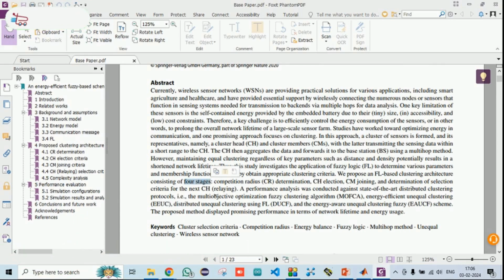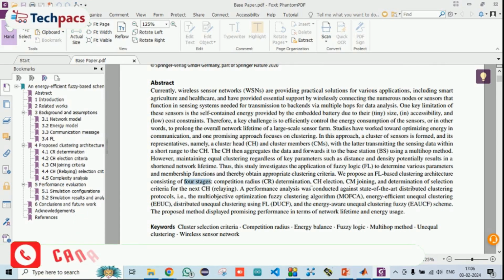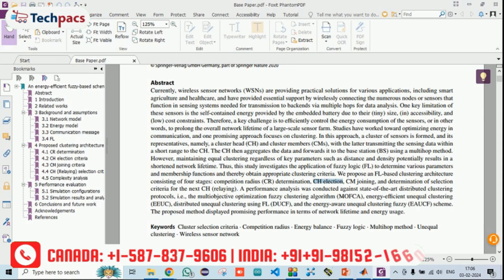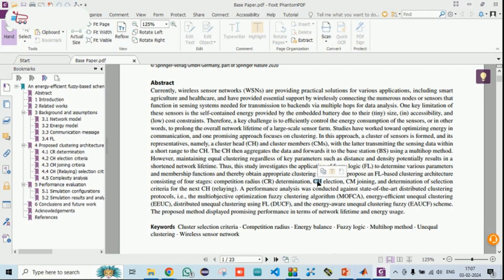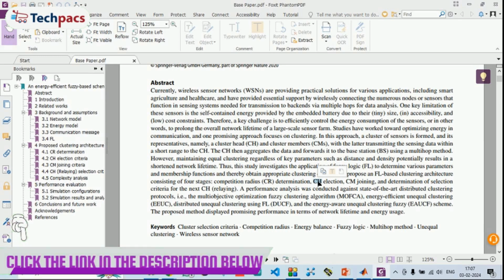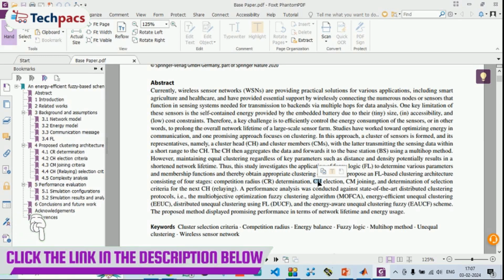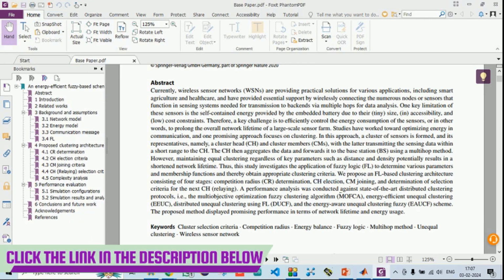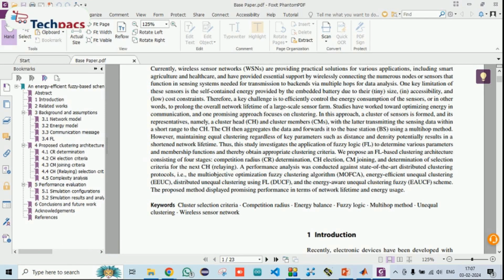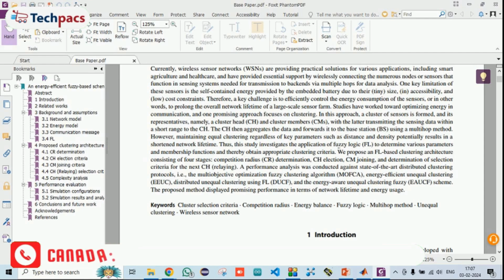not for all the four stages is fuzzy best, but especially in the case of cluster head selection, because that is a crucial part of transferring the data from one place to another. Choosing the best cluster head can determine how the data will transfer further, and even CM joining and next hop selection are also dependent on the cluster head selection. So in the proposed method, we have replaced the fuzzy logic that is specifically used for the cluster head selection